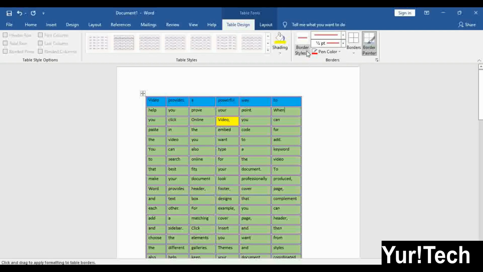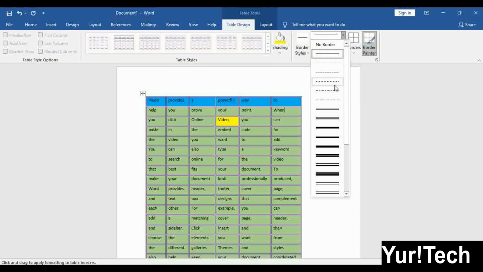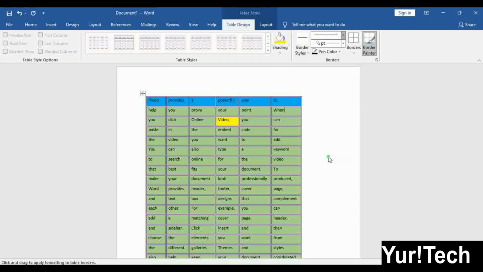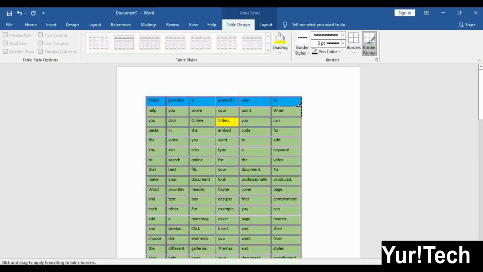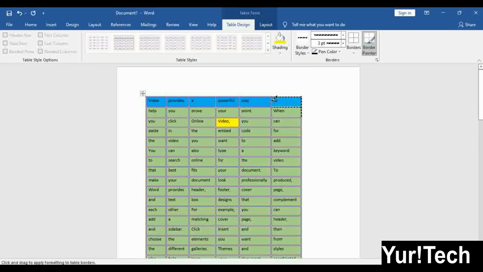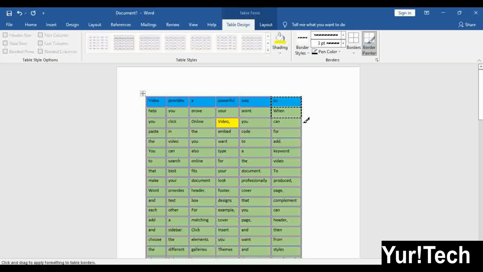So here I choose the border style, a simple color, and the width; here there are also different types of border styles. I will take this one, then click one time here, put the corner of this paint brush on the border, and then you can click like this, or you can apply the border like this.